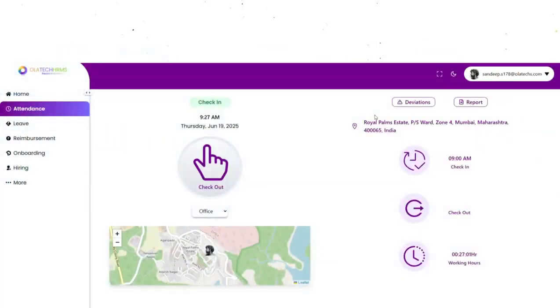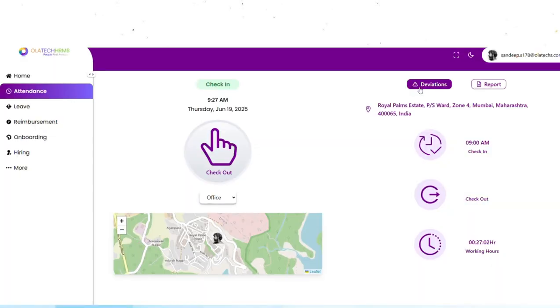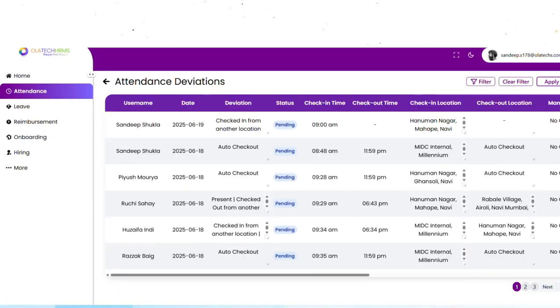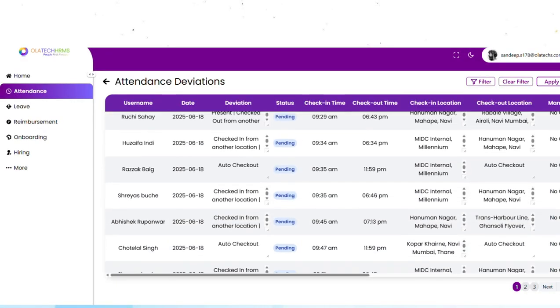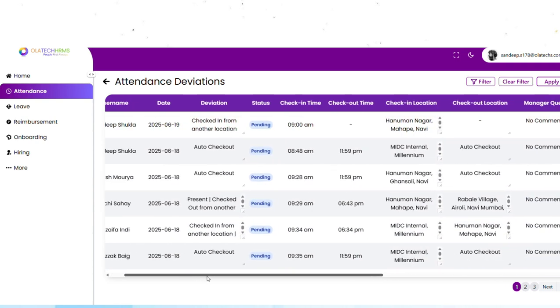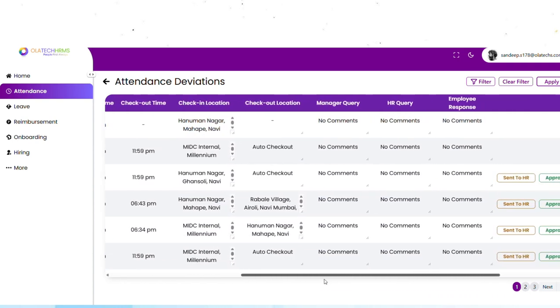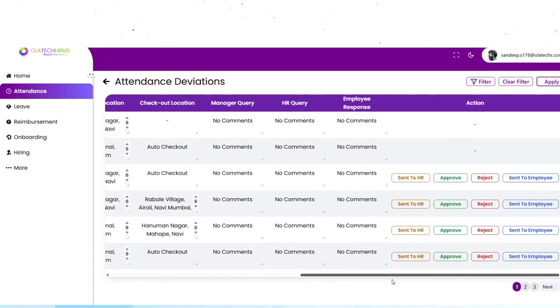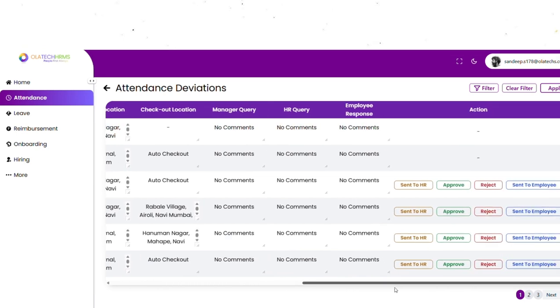Now, let's dive into the attendance section of the Manager dashboard. In this section, we have the Deviation tab. Here, managers can easily review attendance deviations for all employees. If there are any discrepancies, such as checking in from another location or issues like auto-checkouts, the manager can approve